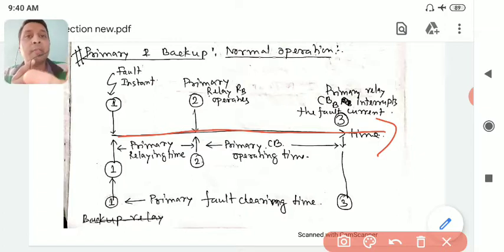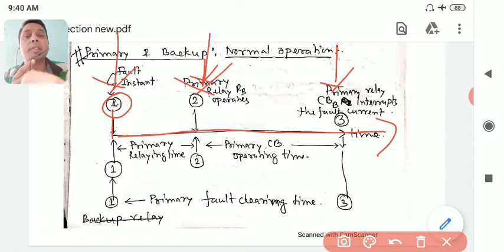So if you see the first instant, this is instant 1. At this instant the fault occurs. That's why this is given at A. This is nothing to do with the network, transformer, transmission line, generator. This is a simple time axis. I am showing it is the first instant when the fault occurs. Then this is what happens after some time. That's all. There are 3 parts in normal operation. Only 3 parts I am showing.